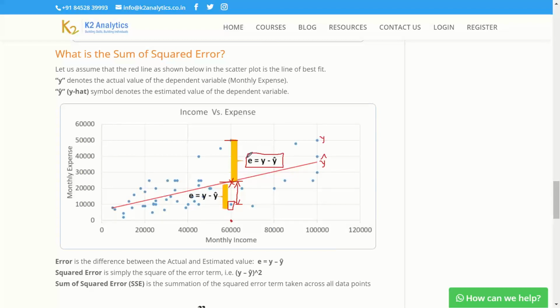So I can compute this error for each and every household. Error is the difference between the actual and the estimated value. And if you square this error term, that is called a squared error.